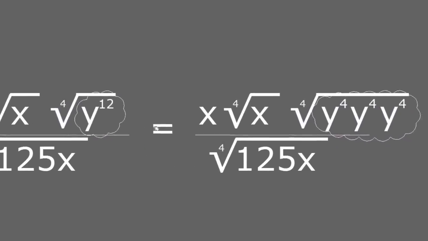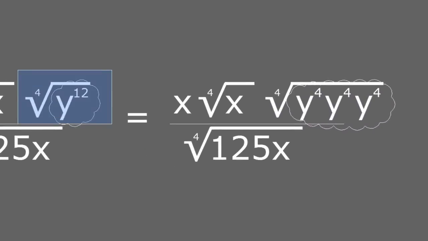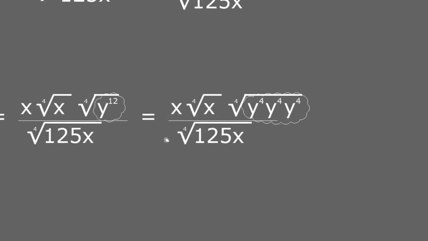First of all, the fourth root of y with an exponent equal to 12, I can rewrite or factor, taking the y with an exponent 12 and writing it as y to the 4th power multiplied by y to the 4th power multiplied by y to the 4th power again. In this multiplication, you keep the same base and you add the exponents. So all of this multiplied will equal y with an exponent 12. The reason I do that is